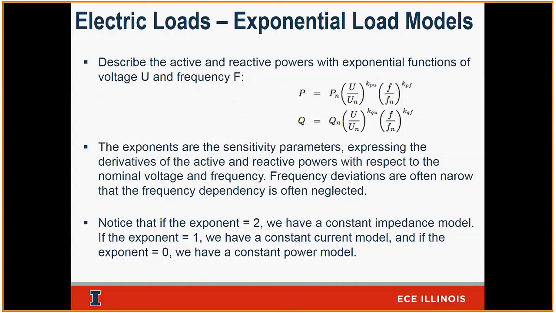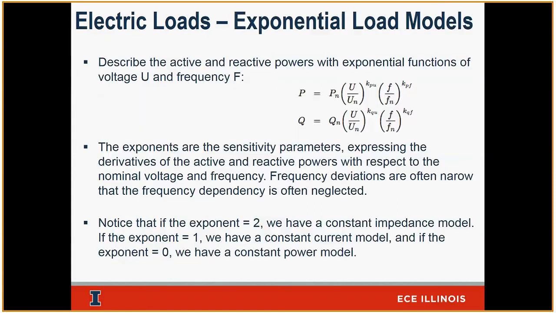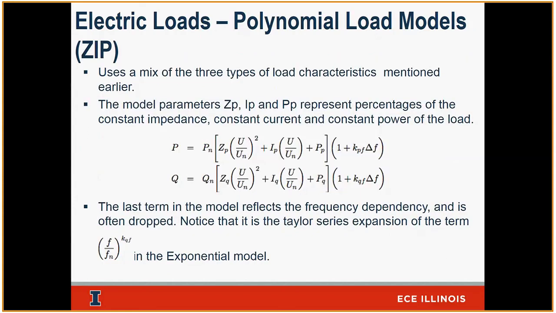It just makes sense, right? If P is constant, then that exponent is 0. If it's 1, I'm looking at a constant current, a linear function there. And if it's 2, I'm looking at a constant impedance. But this load model cannot accurately reflect the characteristics of a motor. It does not. Correct. You have some motor load, right? Yeah, we do. And more